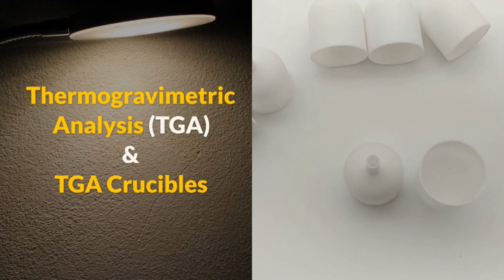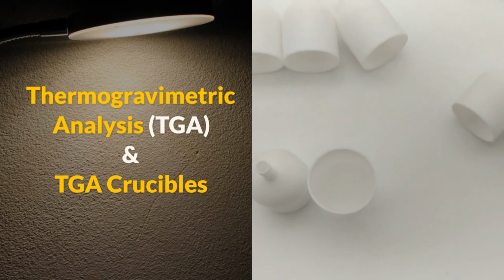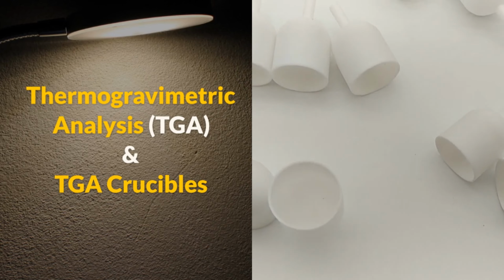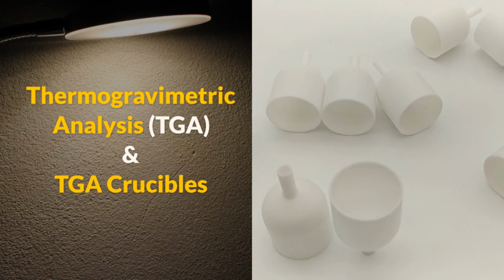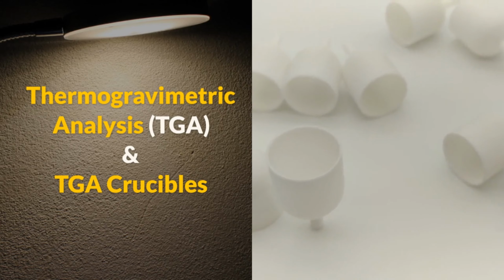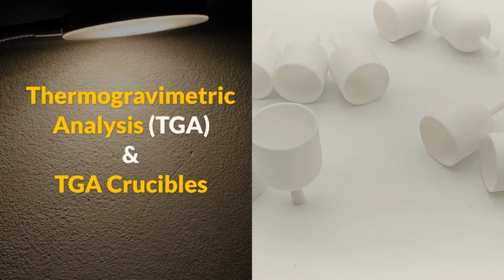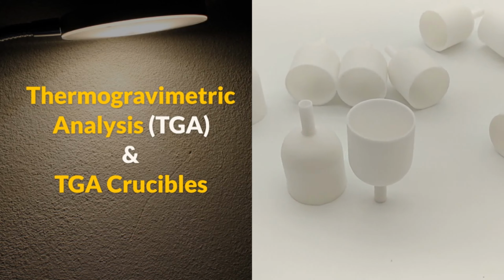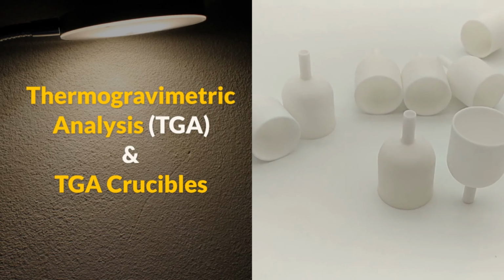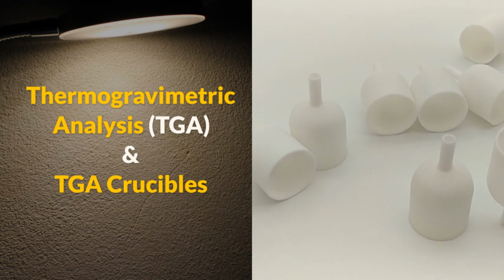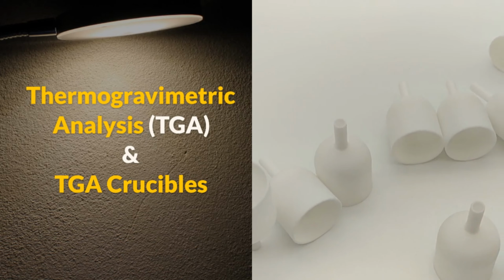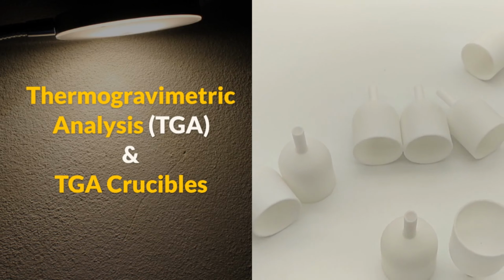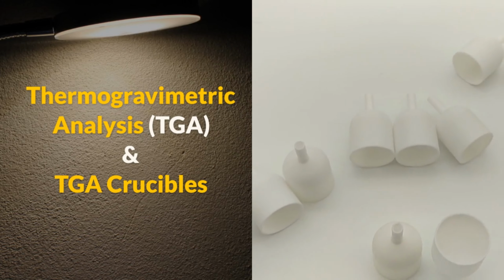Thermogravimetric analysis, TGA, is a powerful technique used in various industries and research fields to determine the weight changes of a sample as it is exposed to a controlled temperature environment. TGA crucibles play a crucial role in this process, providing a controlled environment for the sample. However, to ensure accurate and reliable results, it's important to be aware of and avoid common errors that can occur